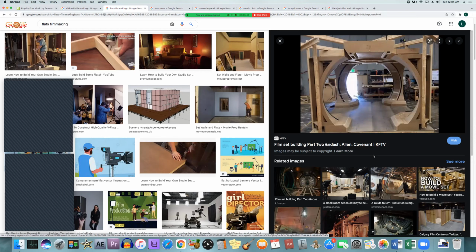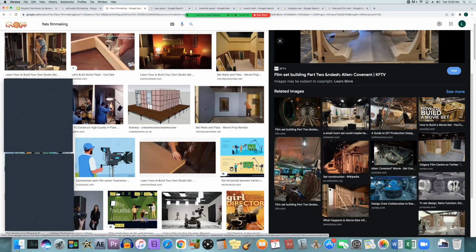If something happens and a part of the set falls on somebody, they're going to go to the person who built the set. Well, what is your license? Do you have a license? Or you're not even licensed to build a set. How do we know you built it right? And you have blueprints here, and I'm pretty sure someone who knows what they're doing as far as